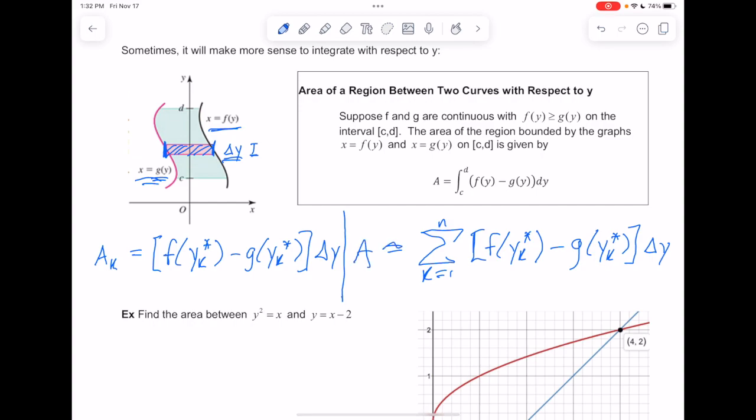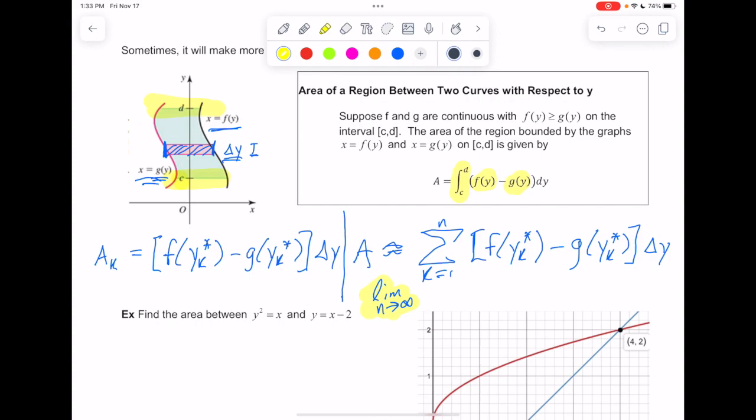And it's not equals, it's approximately equals because it's still just rectangles. So how do we get it to be not approximate anymore? We would add on the limit as n goes to infinity out front. And what happens if we do that addition of the limit onto there? Then it becomes an integral, where our lower boundary is c and our upper boundary is d, and the right-hand